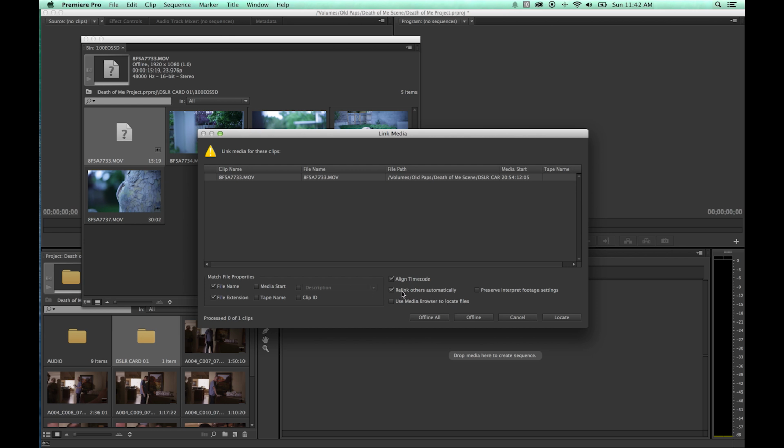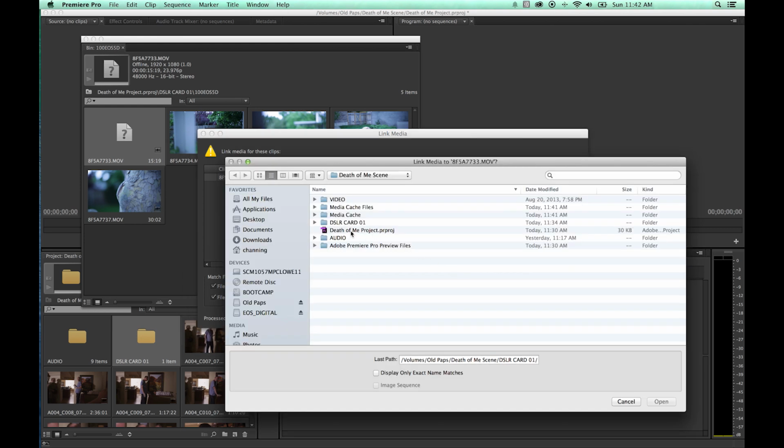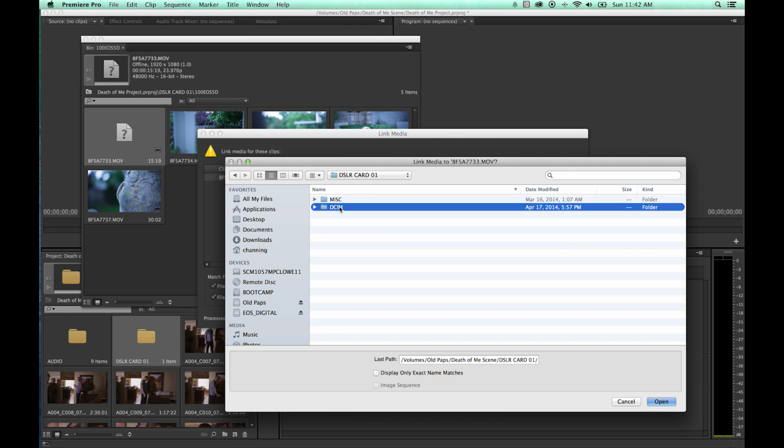But if there's other footage that's missing, and you have this checked, it'll try to find the other footage as well within the relative folder structure. And it usually does a pretty good job of relinking other media files. I'll show you an example of that here in a minute. But I'm going to hit locate, and I will have to navigate to that one that I changed, and I'm going to have to